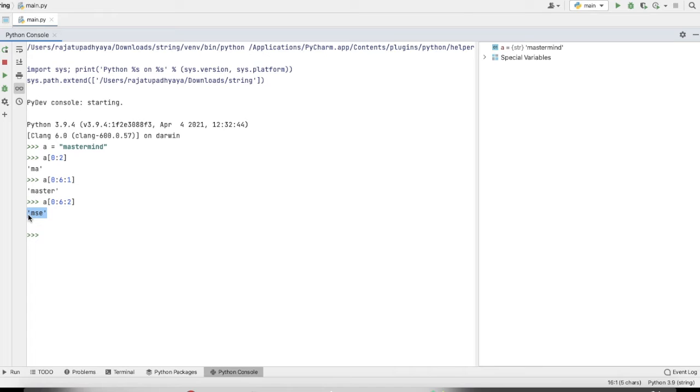I hope you got this point about the step. This step can be positive or negative both. So if we take the positive, then we will slice our string from the left side. If we take minus here, then we will take the string from the right side. Suppose I am taking like